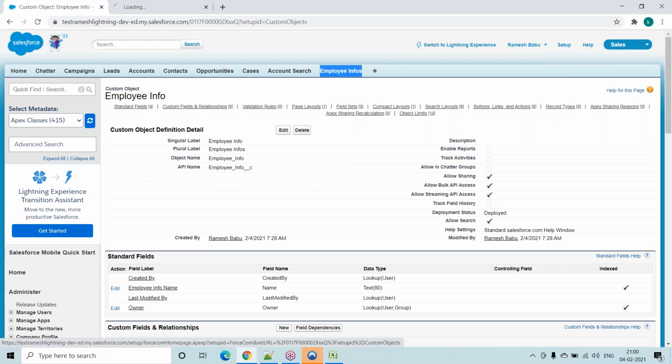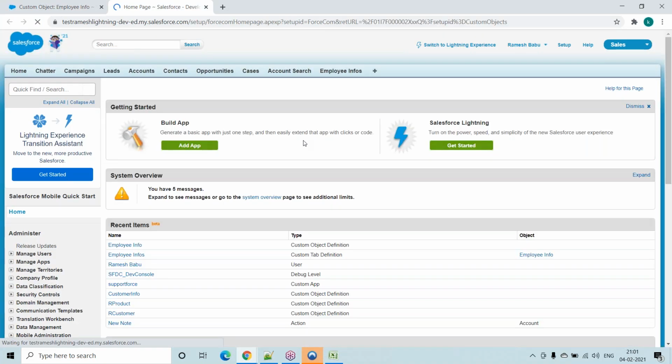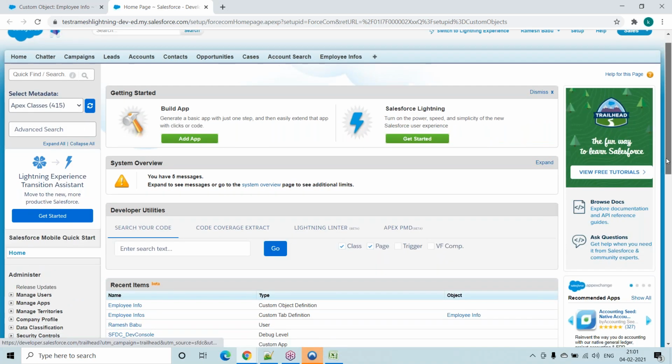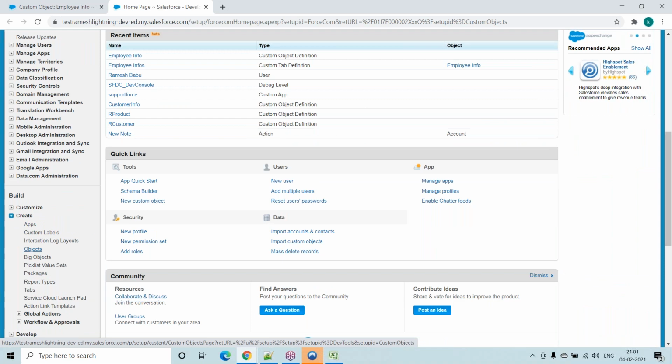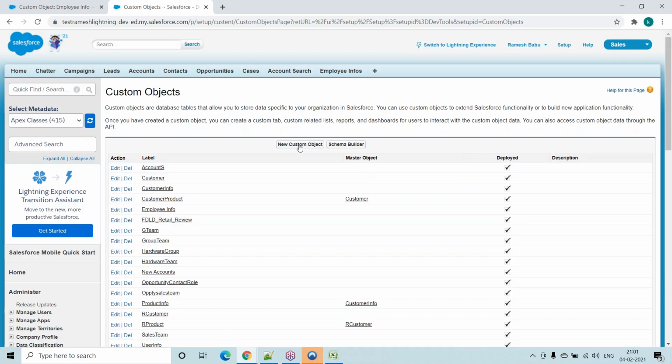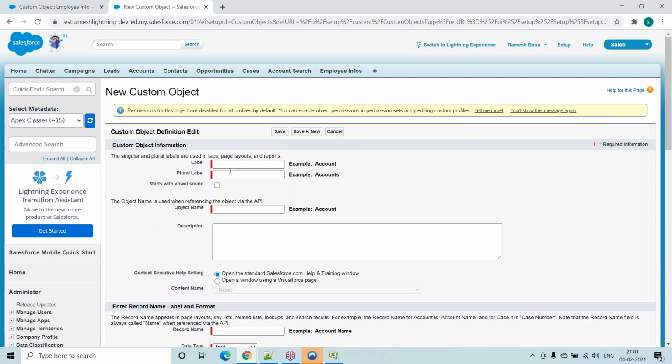Go to setup, then create, go to objects, and click on new custom object. It will redirect to this particular screen. My object name is patient info.